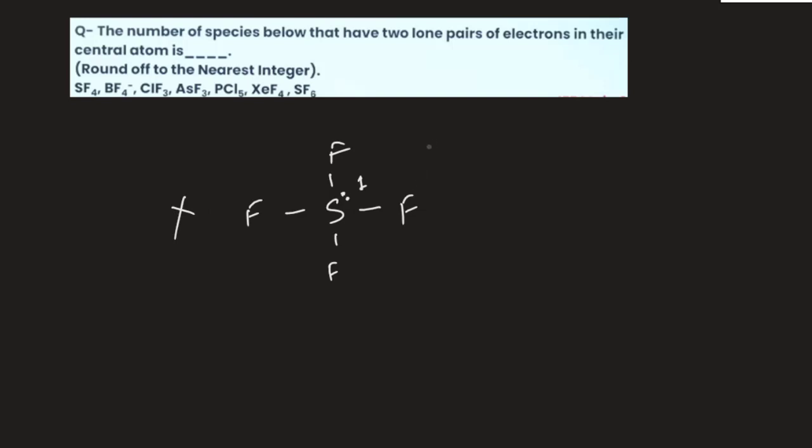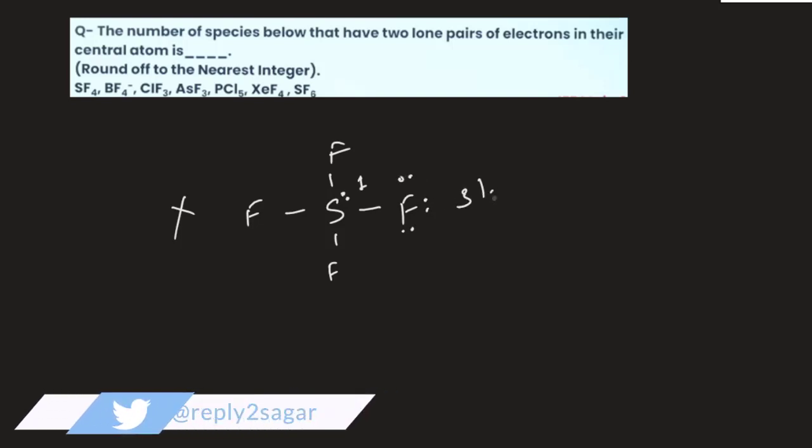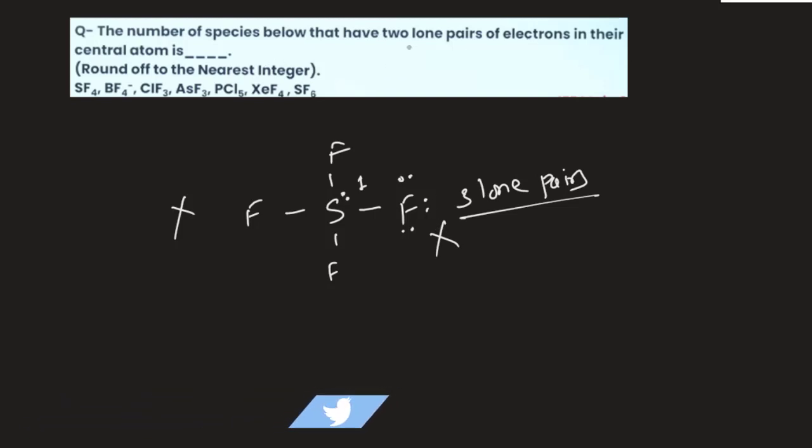And remember that on the fluorine there is how many lone pairs? 3 lone pairs, okay? But we don't have to do anything with this. What they are asking is two lone pairs of electrons in the central atom, so we have to just consider sulfur central atom, okay? Similarly for BF4 as well,